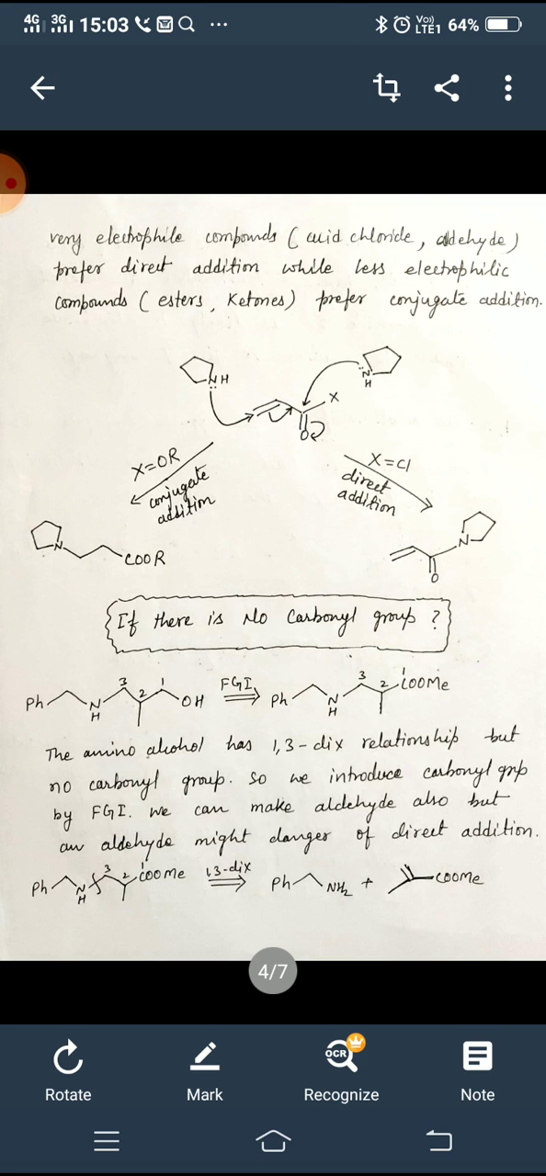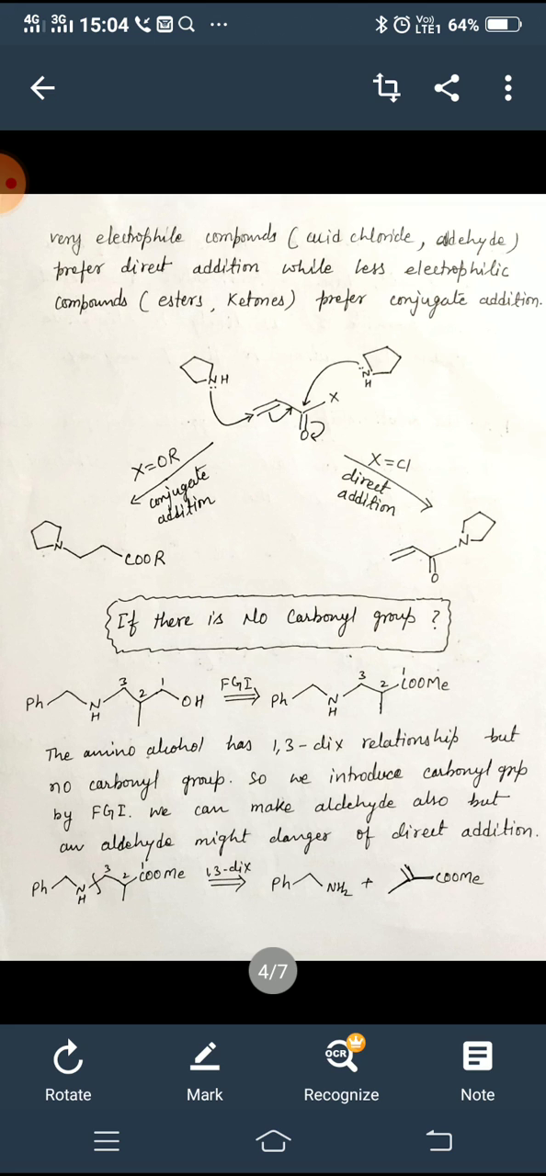In continuation of the last lecture, today we'll discuss the 1,3 disconnection. If there is no carbonyl group, then what will we do? Suppose here I have taken an example, an amino alcohol. This amino alcohol has a 1,3 disconnection relationship, and for this disconnection, this carbon-nitrogen bond will be